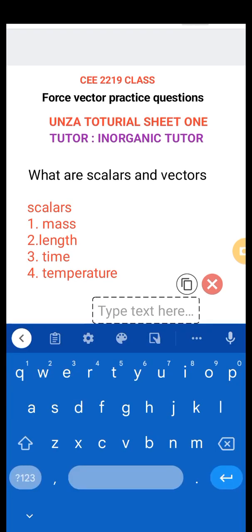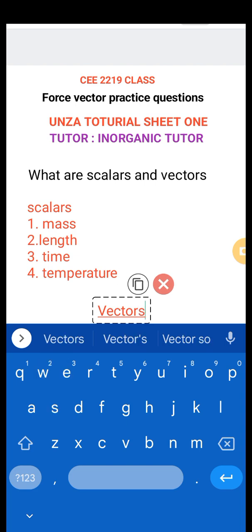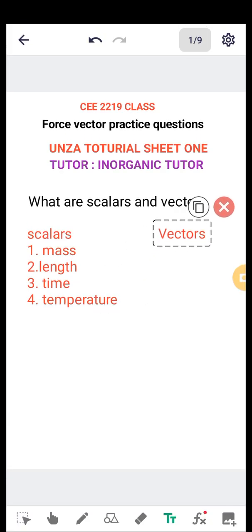What about vectors? What are vectors? Vectors can be defined as those quantities which have both magnitude and direction. What do we mean by magnitude? Magnitude is simply the length of a given